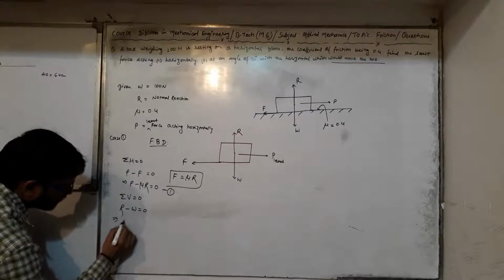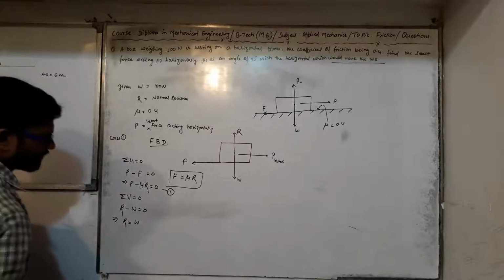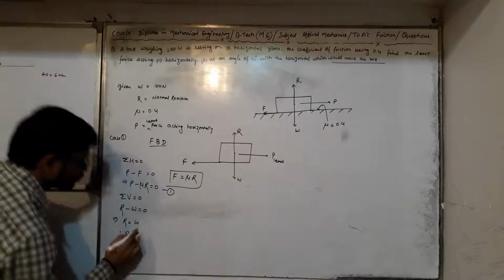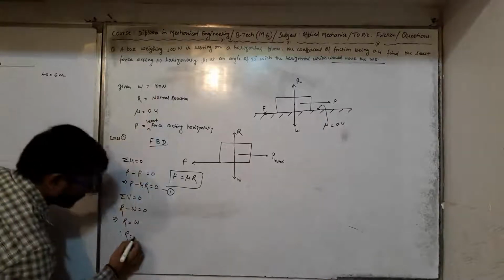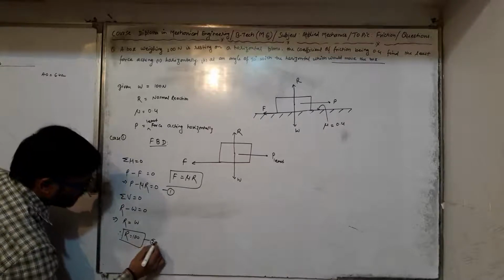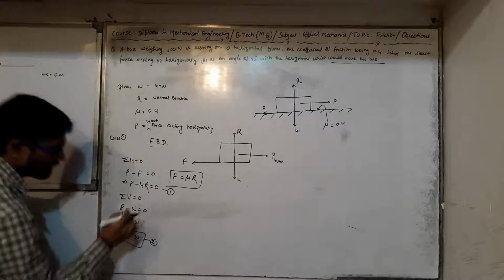See, R is nothing but W. If I transpose this W to the right-hand side, then it becomes plus. So W we have got, therefore R is equal to W, which is given as 100. So my dear students, this is equation 2. So putting the value of R from 2 into 1 we get,